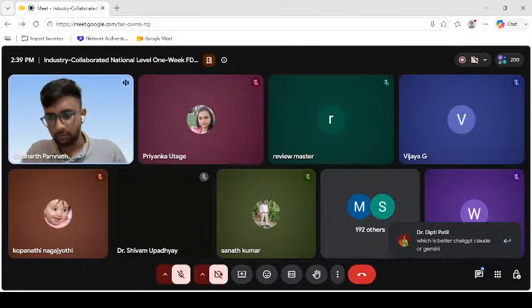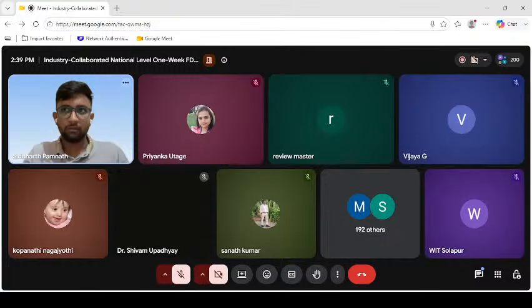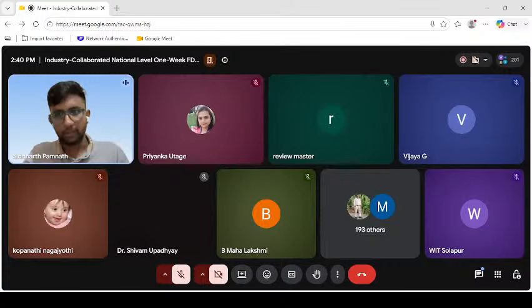Which is better: ChatGPT, Claude, or Gemini? Depending upon your use case, Dipti. What exactly is the input you are giving and the output you are expecting? There are certain categories, like maths, English, or writing code. So this matters. In the previous session, I told you that